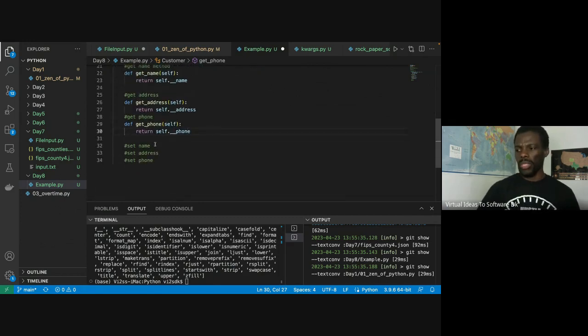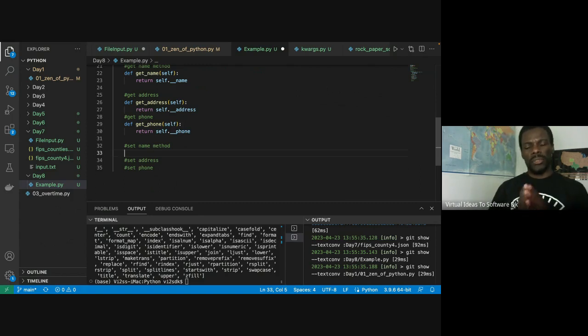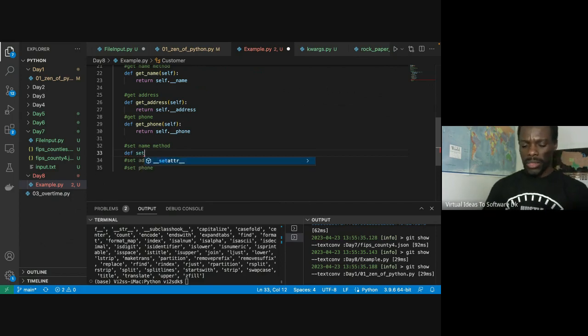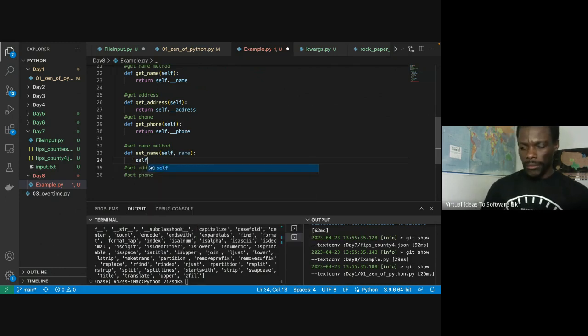The same way we can do it for the set methods. The set method, in this case, is going to change the value within that object that is created from this class. So to do that, we're going to need 2 things. We need the name of the object and we need a new name. So we're going to use def again to define what we're doing, set name. And the set name, like I said, is going to take that particular object as well as some kind of name, right? When we get that, we can go ahead and say, in this case, the self name,